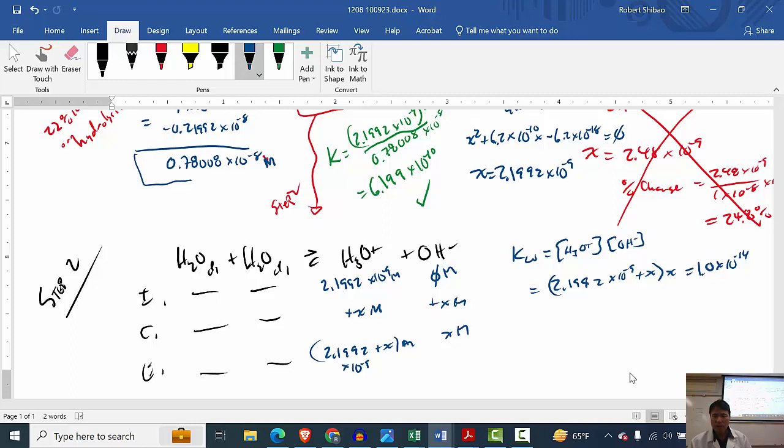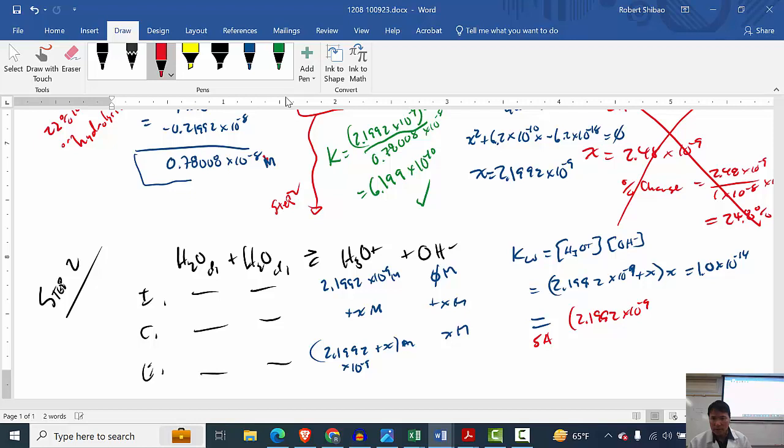And so we expect the change to be small, but I worry about the simplifying assumption here because the initial amount of hydronium is so small. But I'm not going to worry about it too much. I'm just going to try the SA and see if it works. If it fails, that's fine. I'll just use the quadratic. So applying the SA, this is going to simplify to